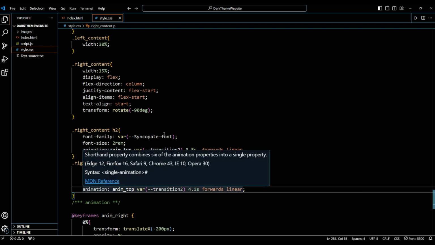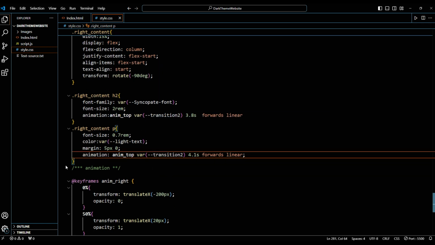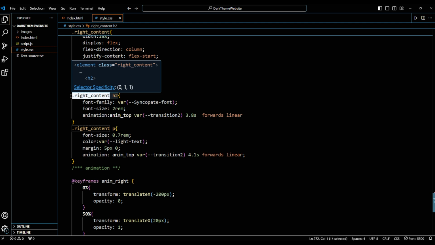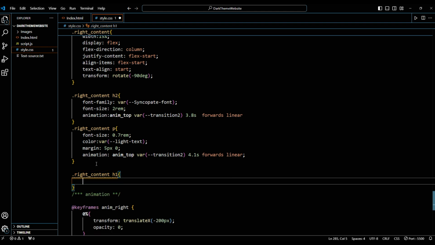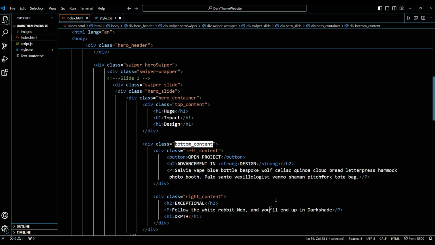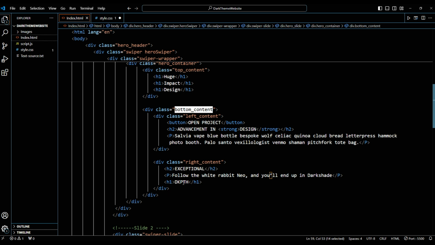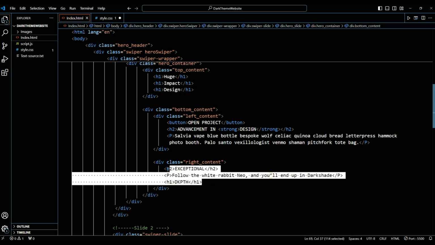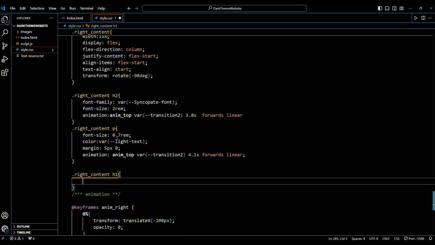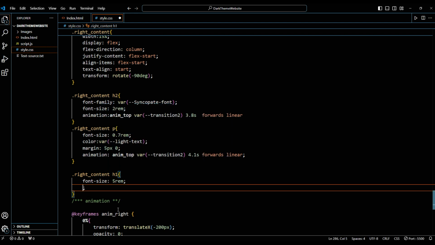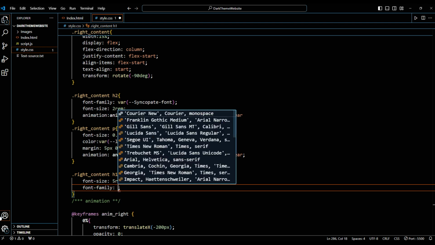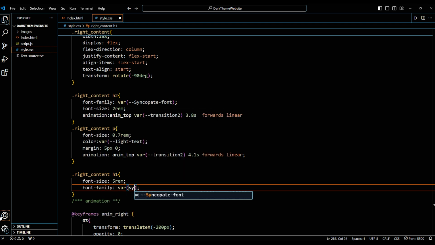Okay, so we defined h2 paragraph. We forgot to define h1 also, so let's add it. Section h2, you can say also that this is h2, p and h1. So here is the h1: font size 5 rem, font family,